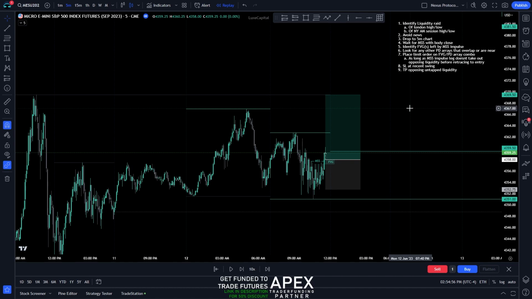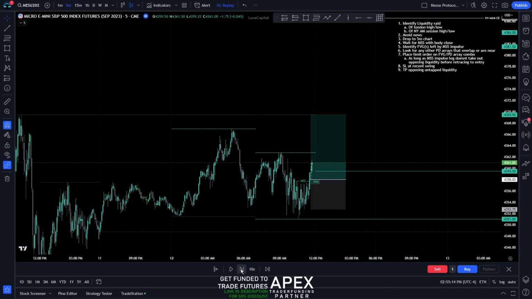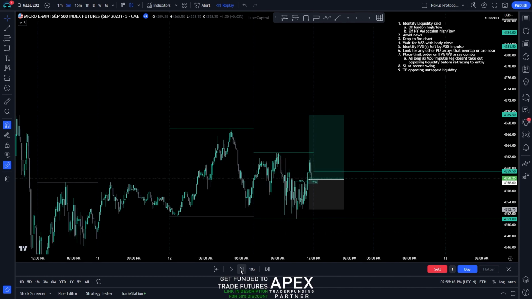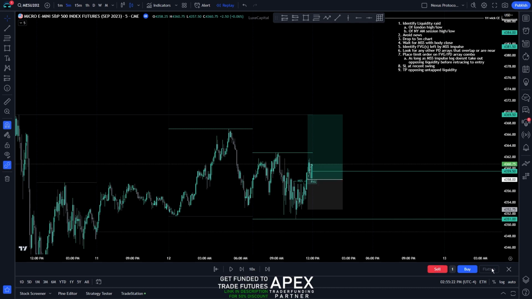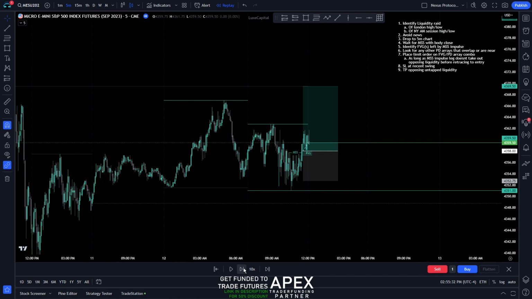I mean, it's nice to watch it, but metaphorically speaking, place the limit and put your hands in your pockets and just let it ride out. So yeah, take profit at opposing untapped liquidity and you let it play out. Next candle comes up some, we come back down before taking this first level of liquidity and we tap. I'm not going to actually hit the buy on the replay, but we tap into it, respects it very nicely, and we take off